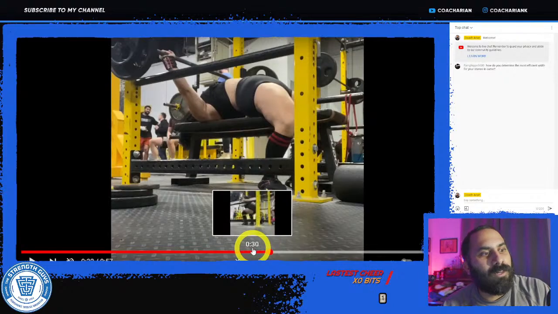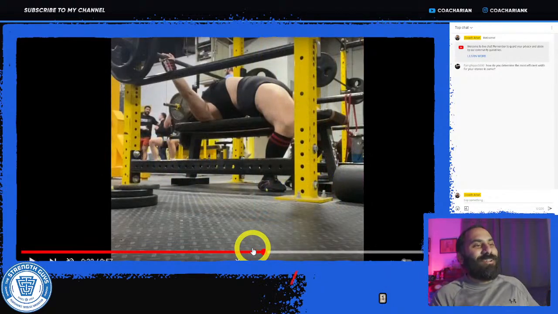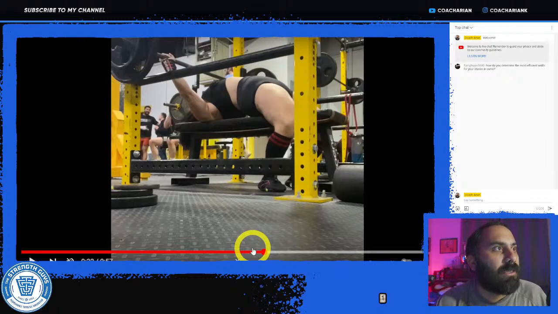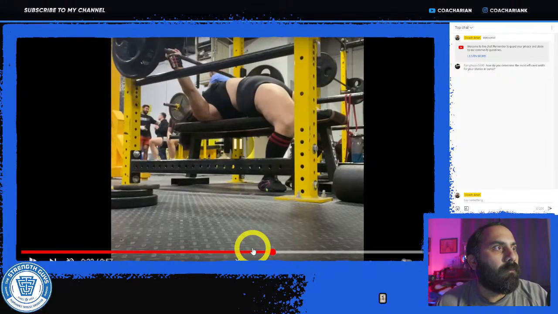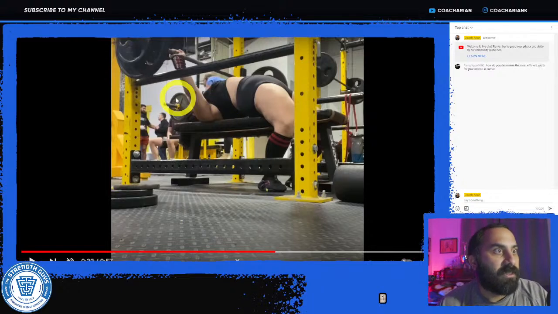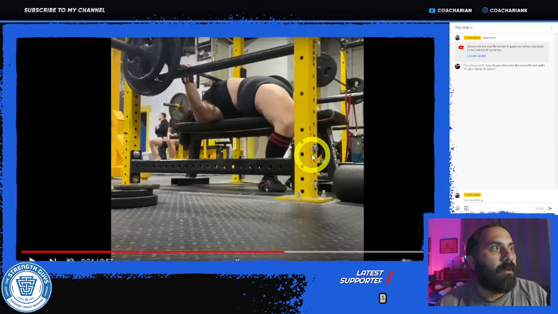So these angles don't help us too much for what we're trying to look for on bench either. As far as being able, like this one, we can't see both sides to see how she is set up on the bench and then seeing the elbow position throughout the press. But as far as a starting position, again, from this side, this is a really good starting position, and then good bottom position here.